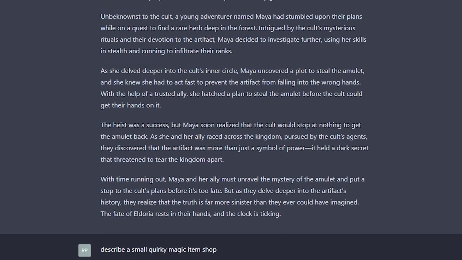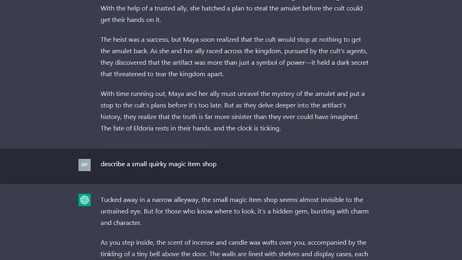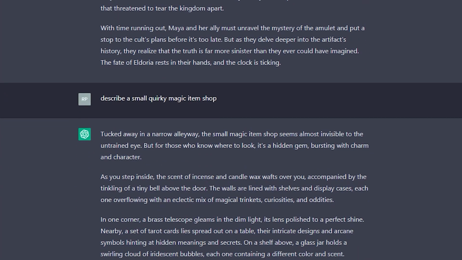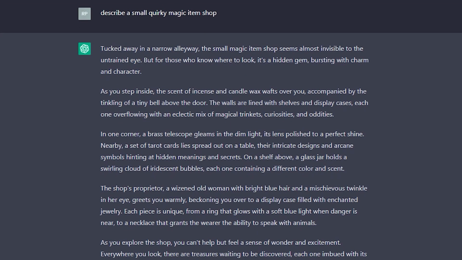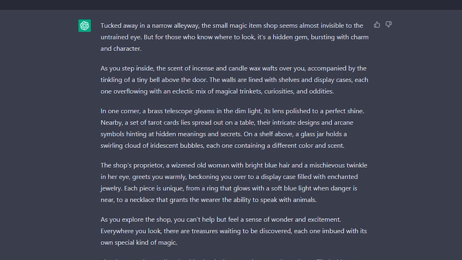For instance, if your players suddenly decide to visit a random shop, just ask ChatGPT something like this. Describe a small, quirky magic item shop. Tucked away in a narrow alleyway, the small magic item shop seems almost invisible to the untrained eye, but for those who know where to look, it's a hidden gem, bursting with charm and character. As you step inside, the scent of incense and candle wax wafts over you, accompanied by the tinkling of a tiny bell above the door. The walls are lined with shelves and display cases, each one overflowing with an eclectic mix of magical trinkets, curiosities,